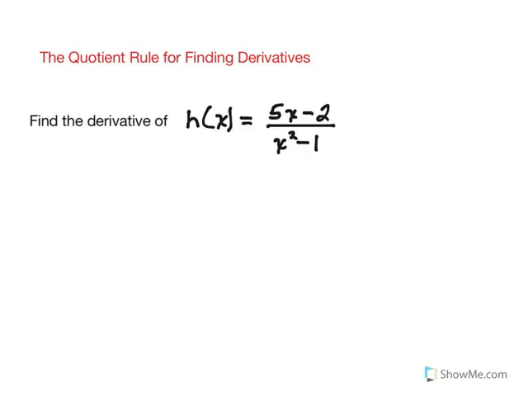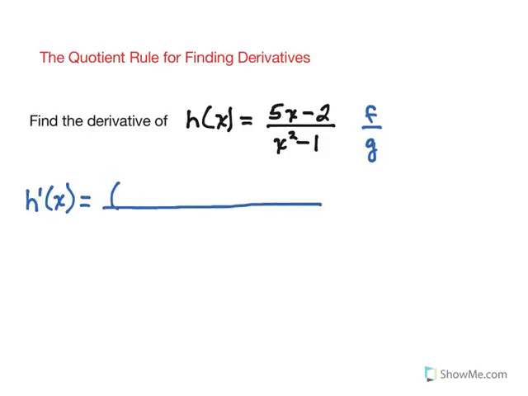Let's look at a few examples of how to use the quotient rule in order to find derivatives. The quotient rule, of course, involves the quotient of two different variable expressions. Typically, we think of the numerator as the f function and the denominator as the g function. So, in order to use the quotient rule,